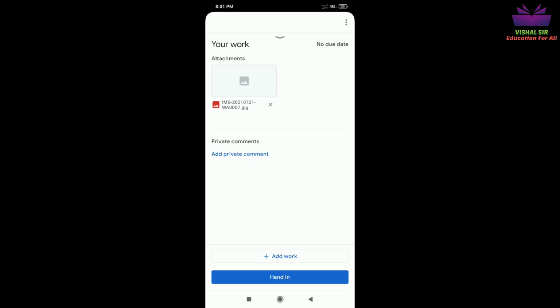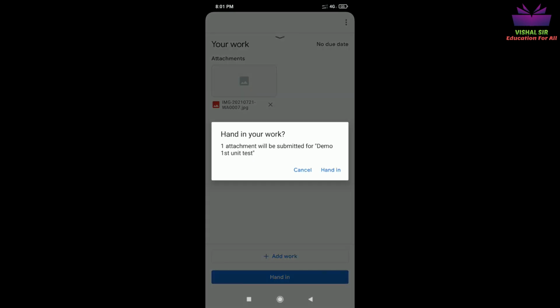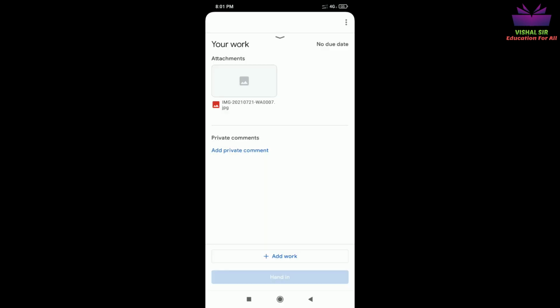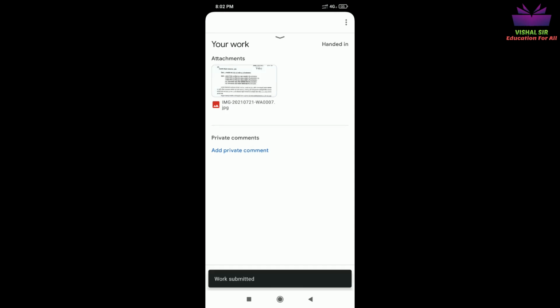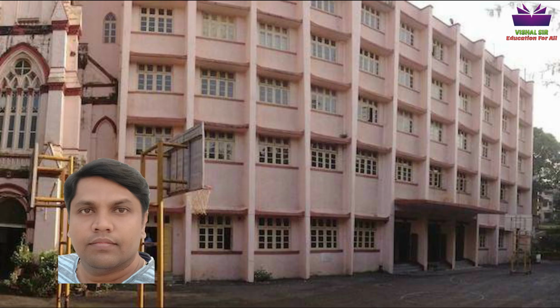And then you have to hand in. Click on Hand in. It will again ask that one attached document is being handed in. And then once you get Unsubmit, you will get this message, your work is submitted. And when you find Unsubmit or the tab below, it means your work is done. Okay, so uploading the picture of your answer paper is compulsory. Once you finish writing your paper, you have to upload your paper. If you don't upload your paper, then you will not get any marks.